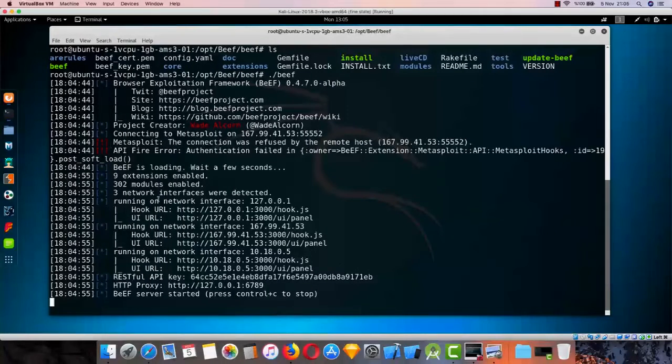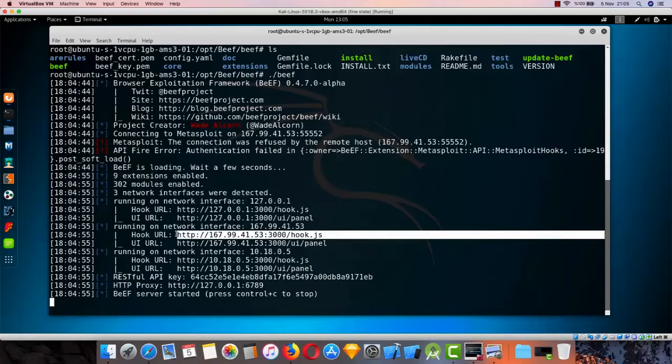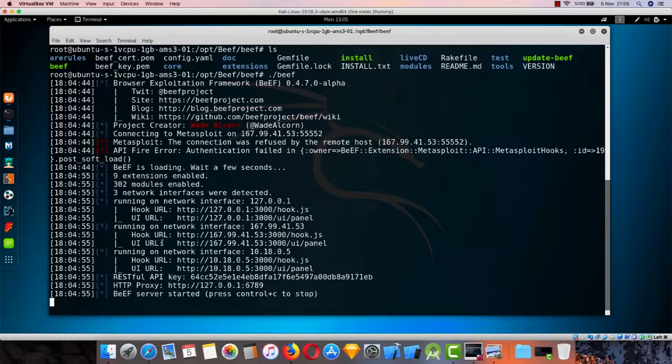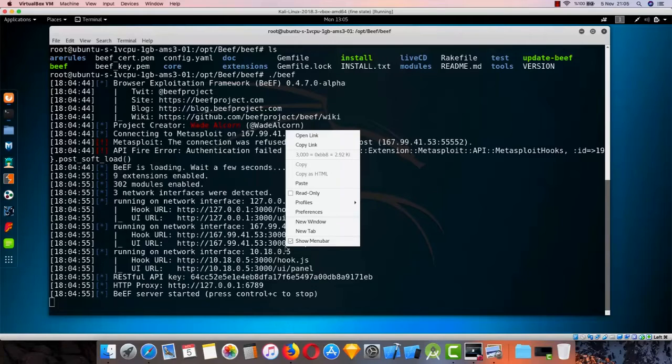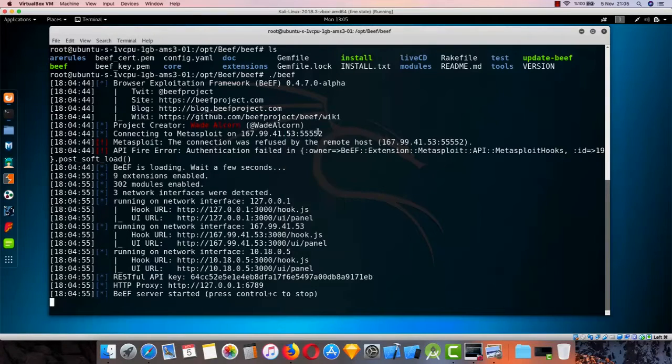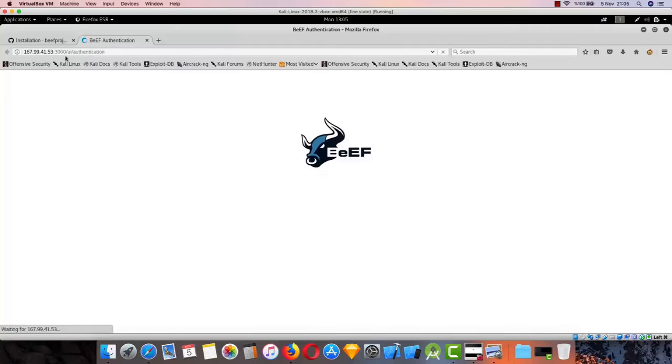As you can see, this is now running in the Ubuntu machine, and it has the IP address of Ubuntu in the sample links as well. So we have the hook URL and we have the UI URL as well. We're going to use this hook URL later on. Right now I just want to open the control panel. So right click on this link and say open link. And here we